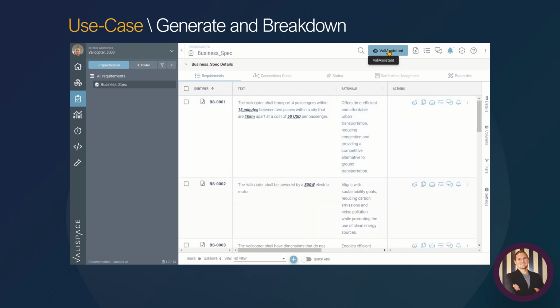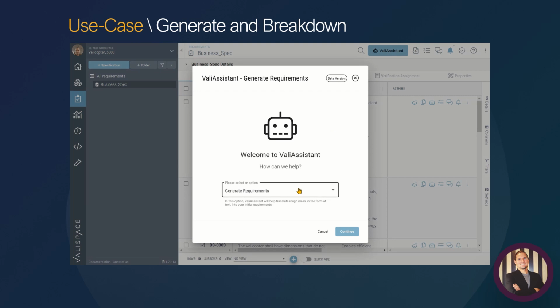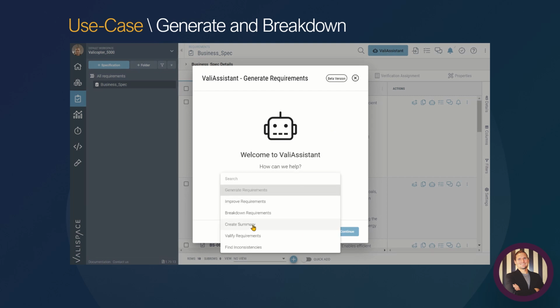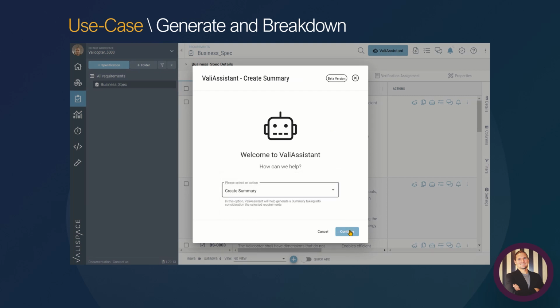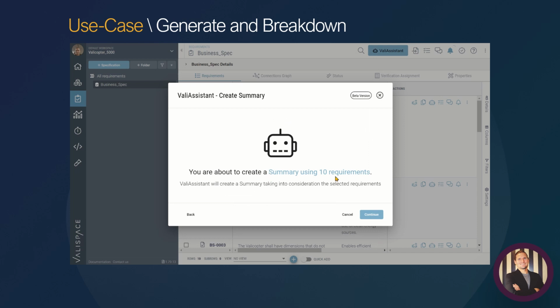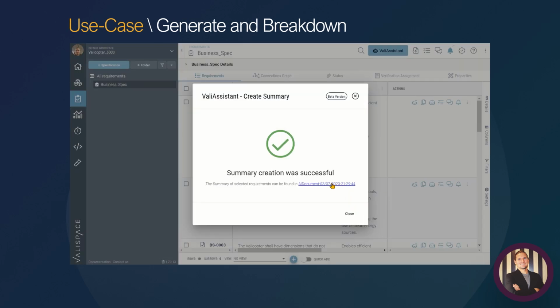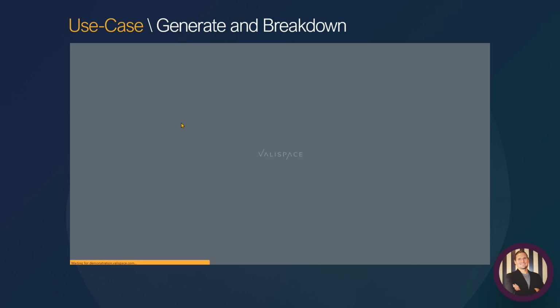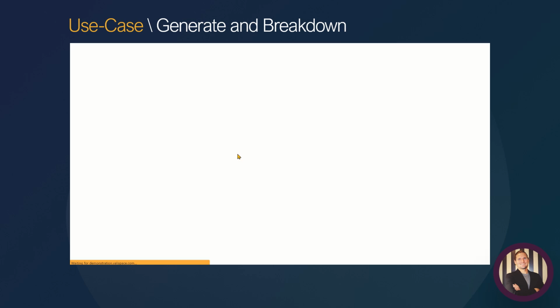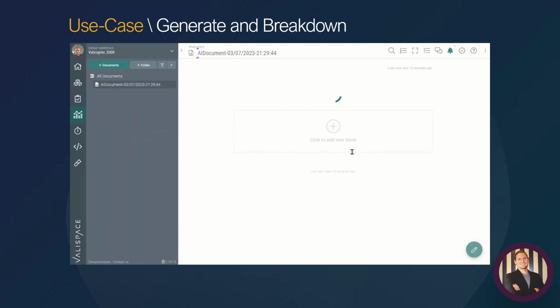So let's once again go into the ValiAssistant and select Create Summary. So it's going to take into consideration all of these requirements, and it's going to give us a little summary of the requirements, which it's going to create in the analysis module. After this has been done, let's go ahead and check out the requirements description in the analysis module by clicking on the link, and it will bring us right into the analysis module where we have a key description of